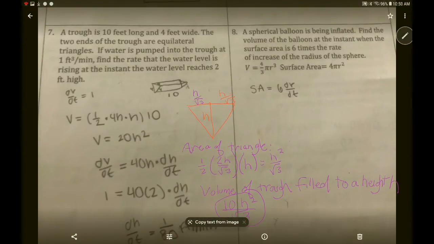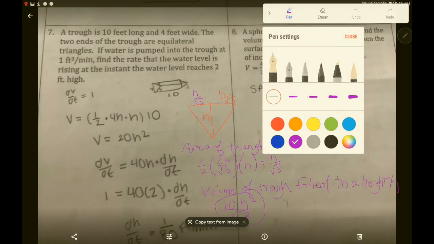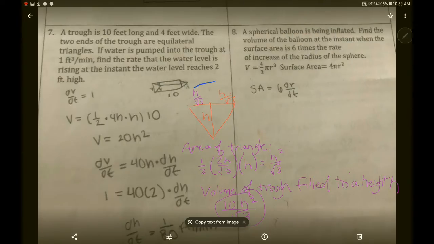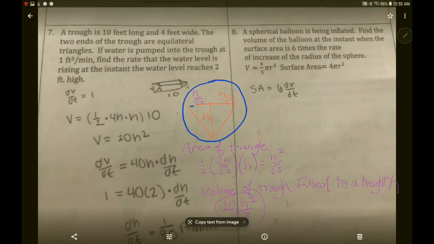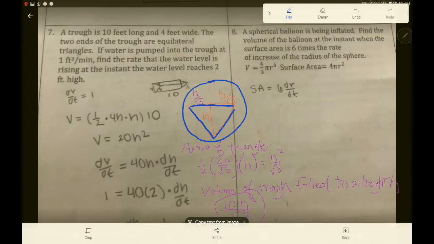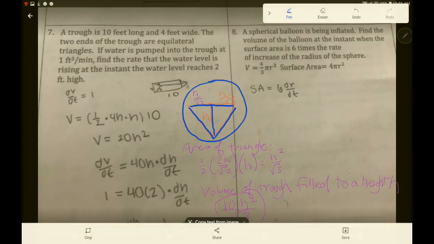All right, so let's look at this. If we have this trough filled to height h, I drew an end view of this trough filled to height h, and we're going to come up with the area for that end piece, and then of course multiply it by 10 to get the volume. But if we have this equilateral triangle filled to height h, then